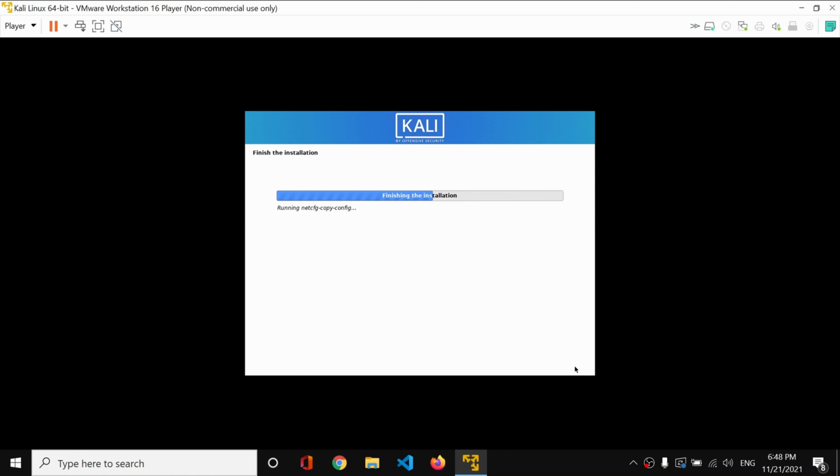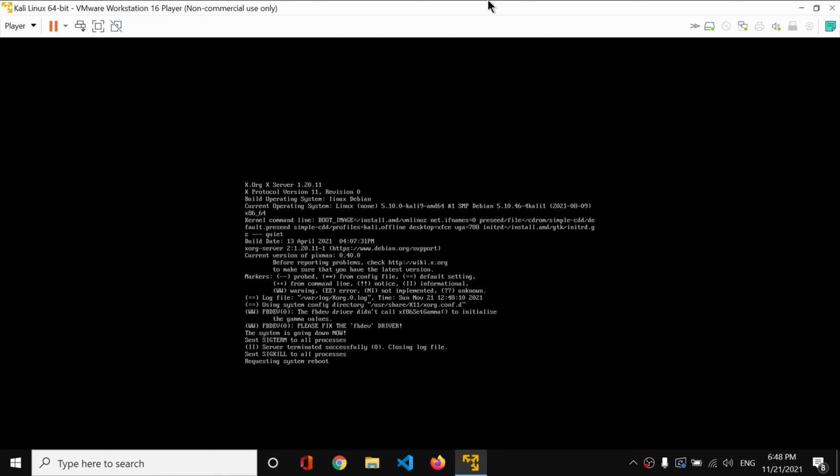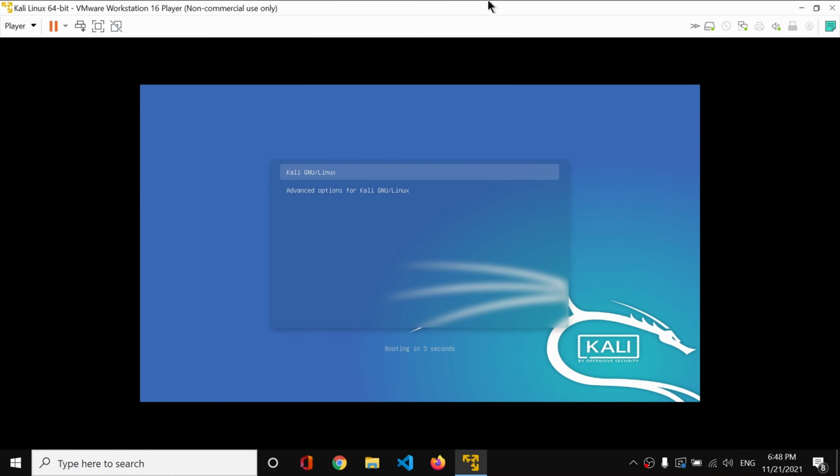So simply click on continue, and here it will take a bit of time, and definitely VMware will be slower than your actual operating system, and the reason behind it is that you are using it on a virtual machine. It is not working on your computer as a root system. It is working as a virtual OS, and that's why the speed will be a bit slower. I won't say that you will feel any lags if you have a good stable computer, but if you have some old computer, then it will take some time. Don't worry, it will install Kali Linux quickly, so there is no problem at all.